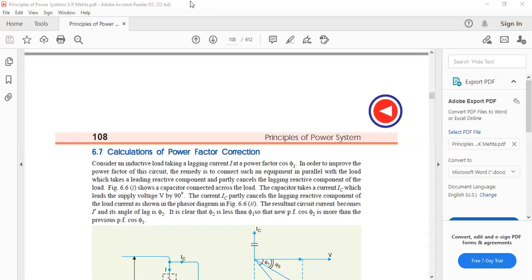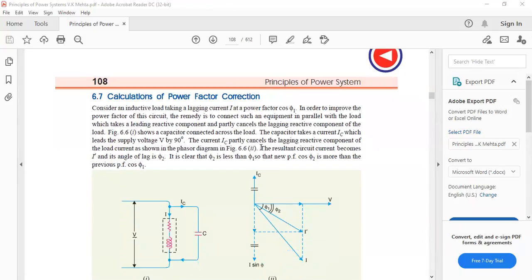The main cause of low power factor, which we already discussed in the previous class, is inductive loads. Most of the loads and sensitive equipment we use are inductive in nature, and inductive loads have a lagging power factor. To compensate the lagging power factor, we should use power factor improvement devices. Many devices can be used.